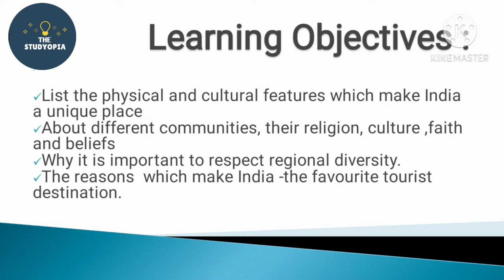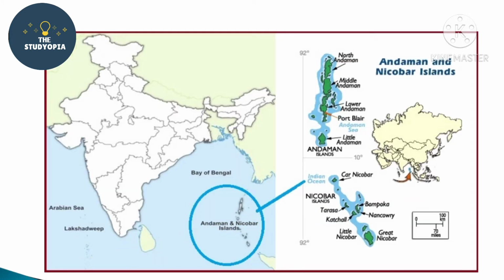So let's come to the learning objectives. The physical and cultural features make India a unique place. About different communities, their religion, culture, faith, beliefs, respecting regional diversity, regional differences, and the reasons which make India a great tourist destination. So without wasting time, let's move into